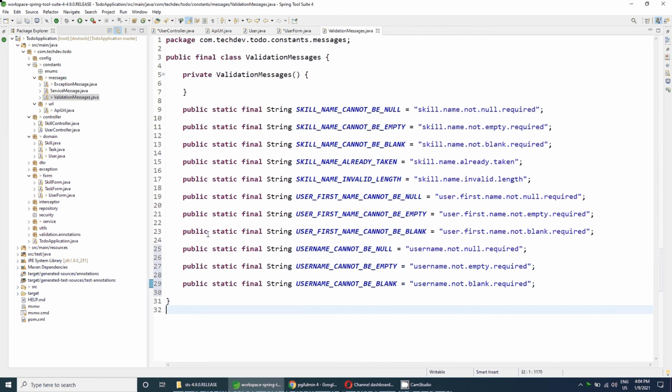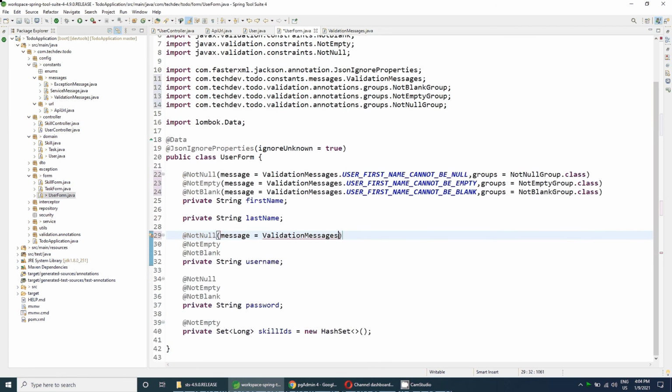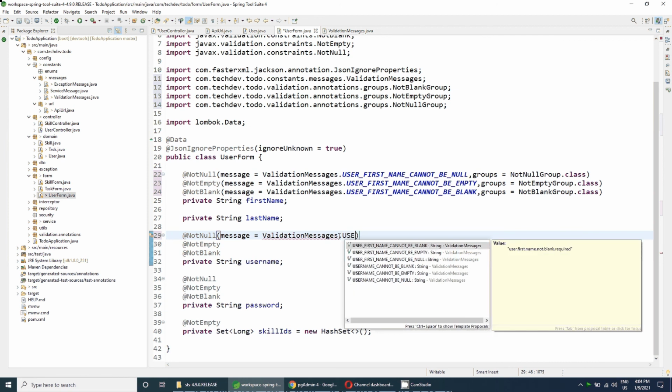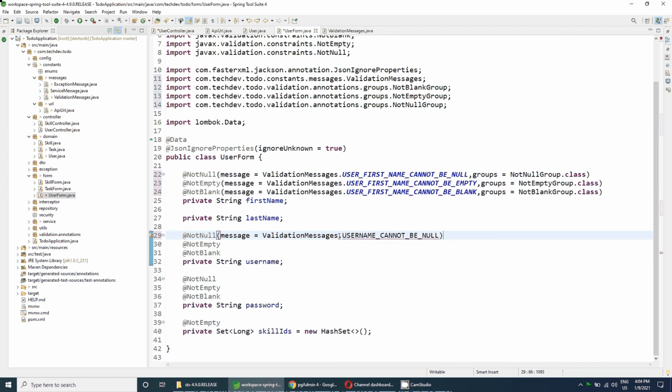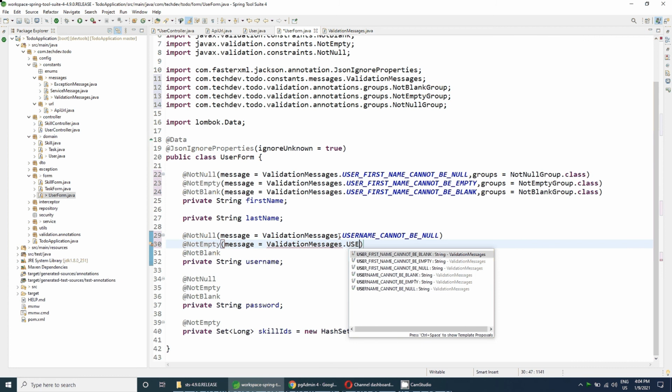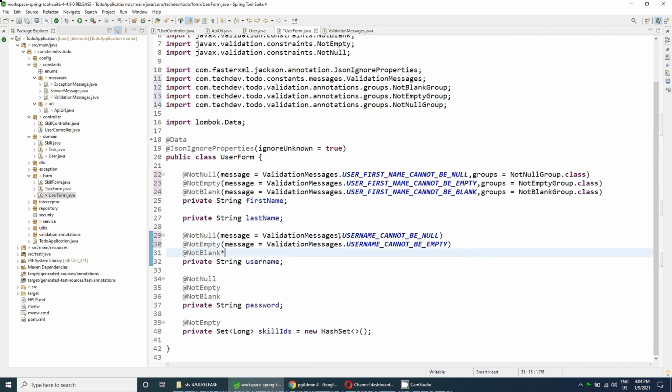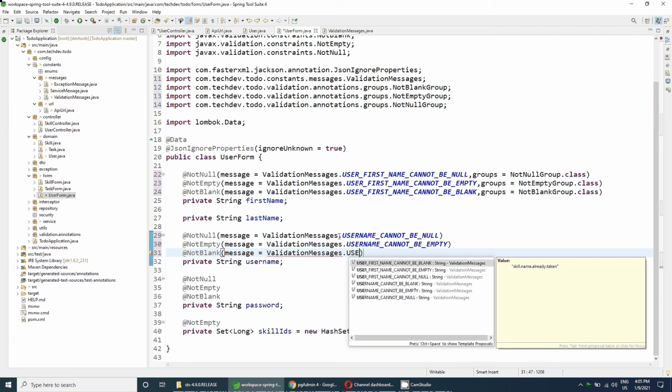So we have also created the validation messages for username, not empty, not null and not blank. So let's add them. Validation messages dot username cannot be null, and message here will be username cannot be empty. And for the not blank, the validation message will be validation messages dot username cannot be blank.